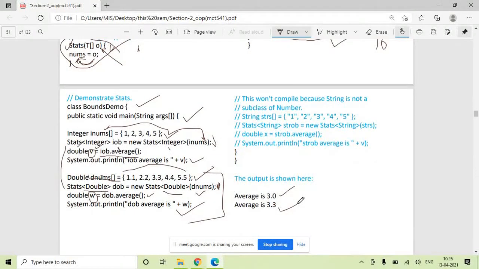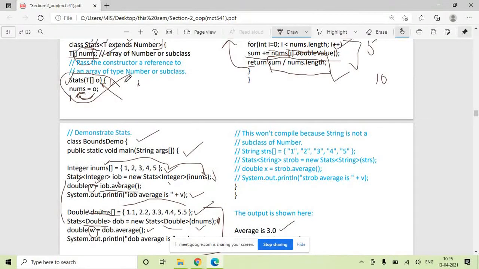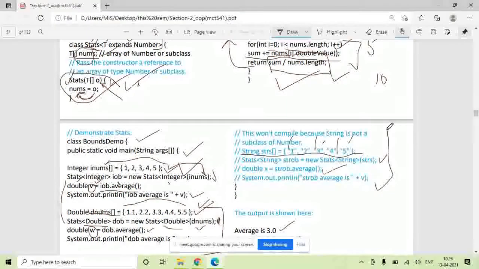And suppose this same function, the same array, same constructor, same average function, works for Integer and it works for Double. Suppose you create a String kind of an array with these 5 elements. The double quotes indicate it's a string element: 1, 2, 3, 4, 5. When you try to create an object and call this average function and print it, this will give you an error. This program won't compile.